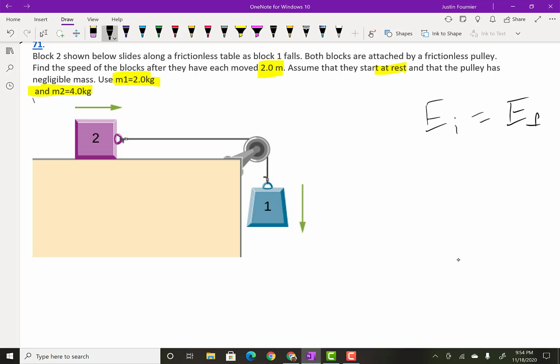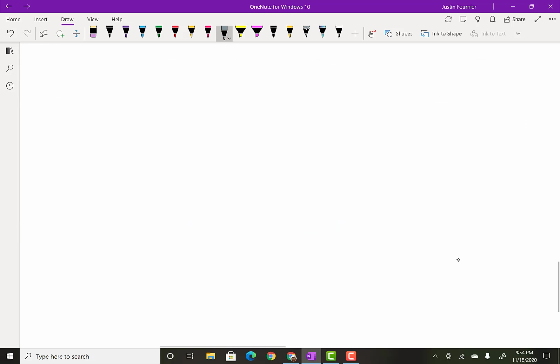But I'm going to look at this multiple ways, and I'm going to see that I'm going to get the same answer no matter what. So I'm going to say that this is my 0 mark. So here's the thing with energy, is that you have to pick a 0 mark. What do I mean by that? Well,